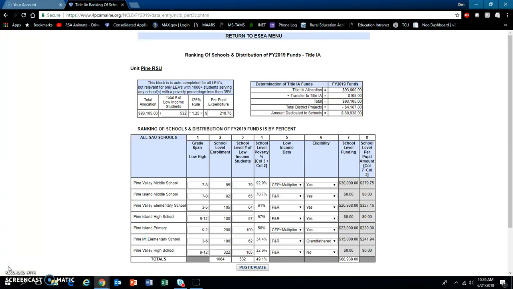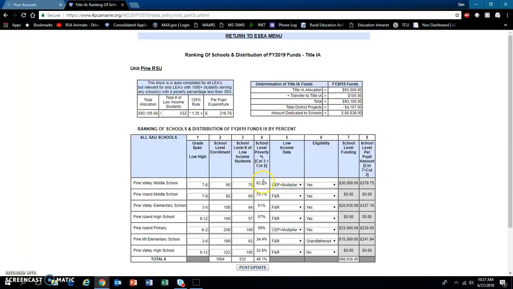So we have Pine Valley Middle School at 92%. So that school must be served with Title I funds. The new provision under ESSA says high schools with a school level poverty greater than 50% may be served in a priority span. So we have Pine Island High School at 57%. You may decide, and could decide, to serve that school with